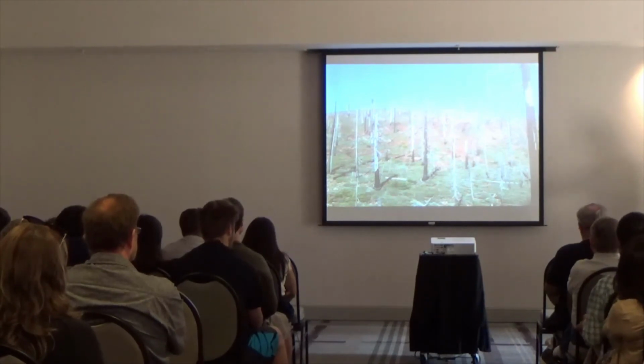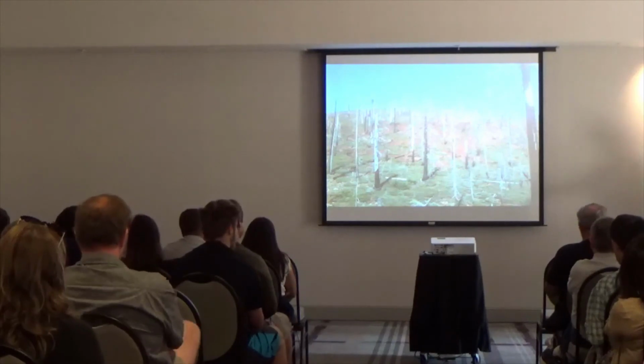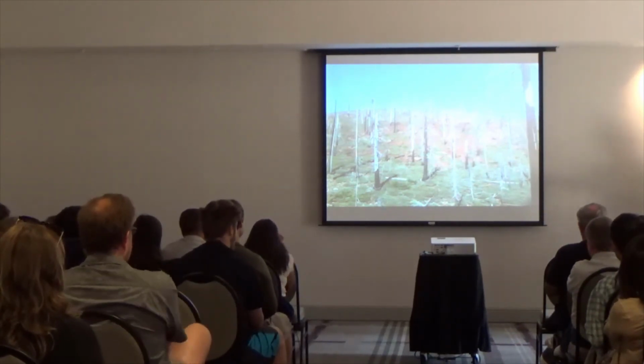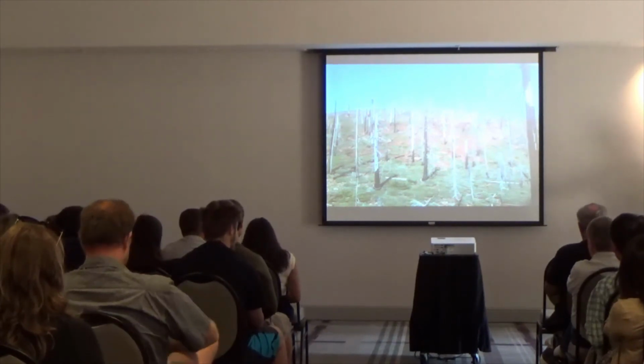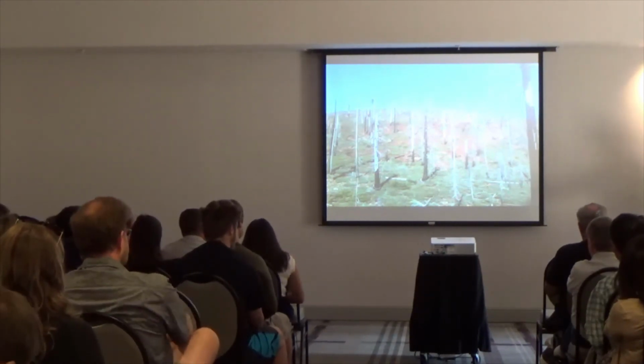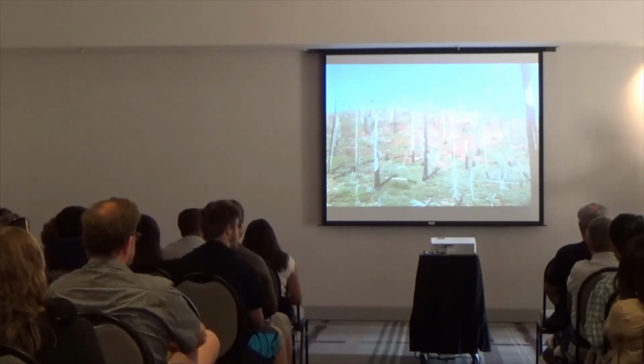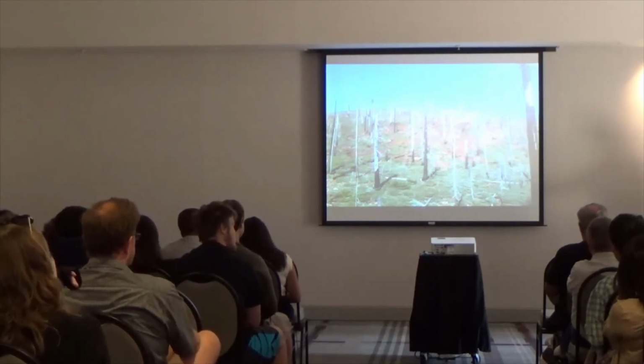So besides fire, there are the effects of human and urban development that can threaten the plants. While not huge, and definitely not on the scale that we see with Sarracenia, which has lost a considerable portion of its range, even recently, to land development, we see that property owners that own Darlingtonia sites are usually loath to upkeep them at all. And so there's a pattern of neglect that goes on, even with federally owned lands,